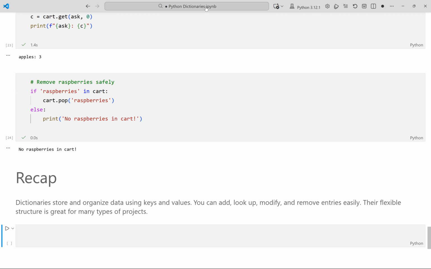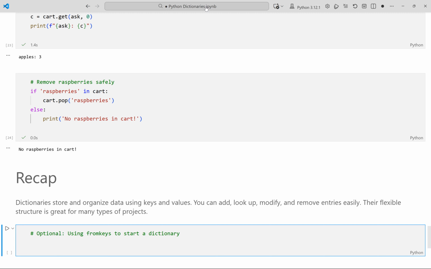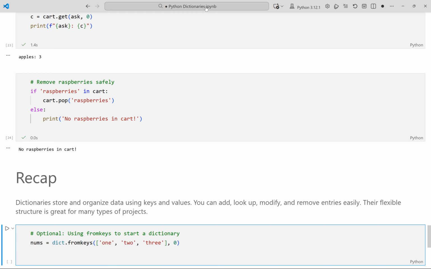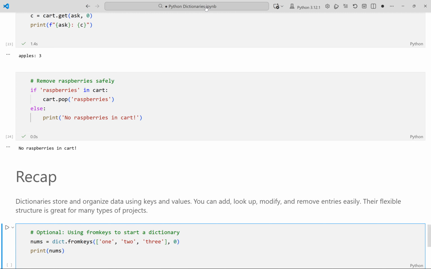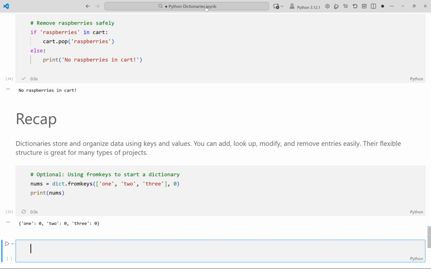Fromkeys is a handy shortcut. We make a dictionary where each key starts with the same value. Printing nums shows how fromkeys works. Running the cell now. This output shows a dictionary created using fromkeys, where each key from the list has been